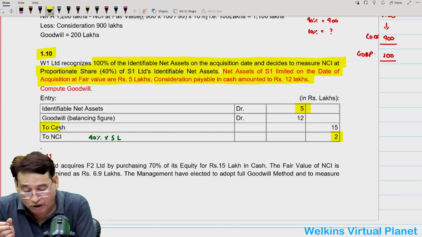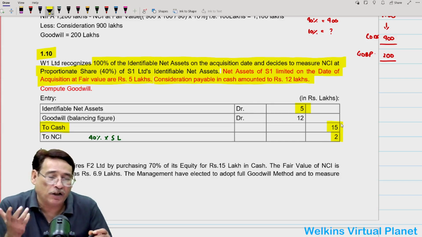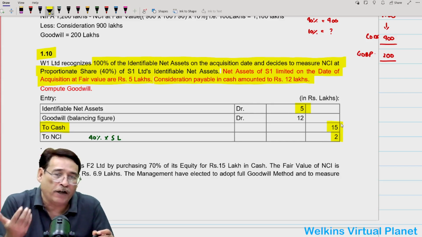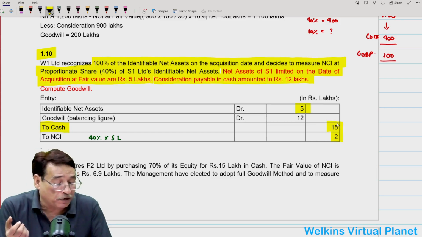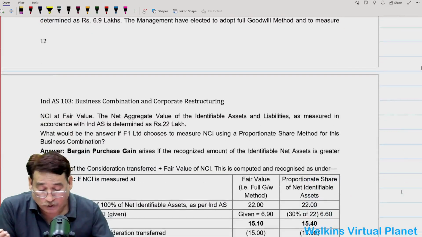Now we are going to compare it with consideration, which is 15 lakh. So 3 lakh worth of net assets we are getting. We, meaning acquirer company, are getting against a payment of 15 lakh. Obviously, the difference will be equal to goodwill. And last question of this particular